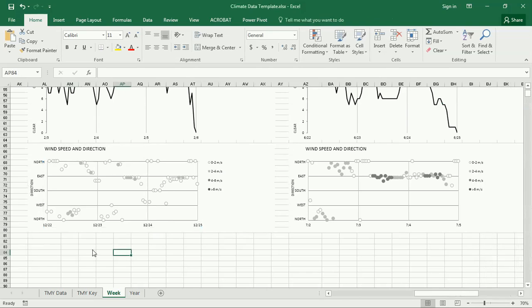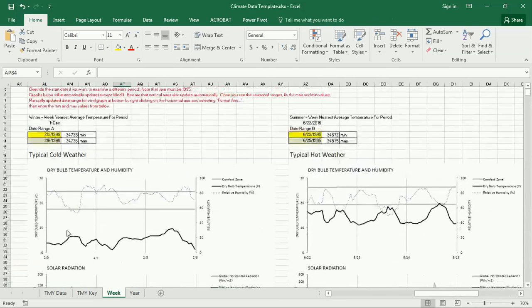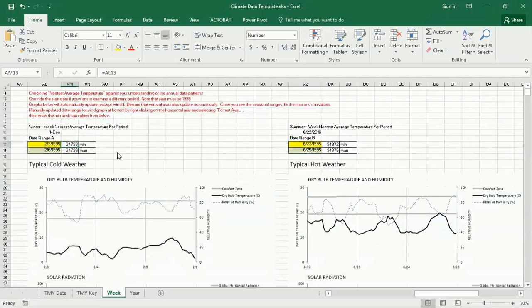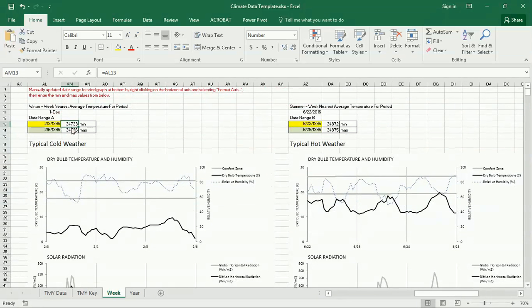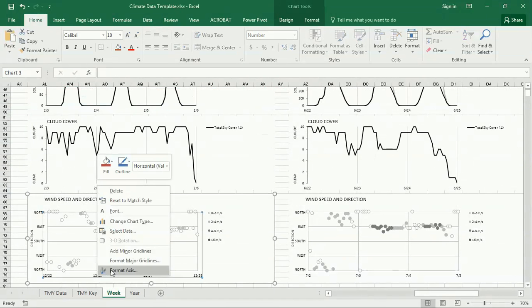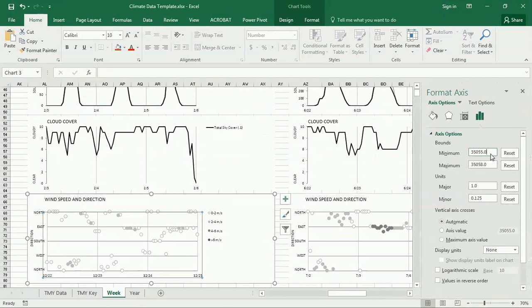Don't worry about what Excel thinks it is, because I've got a little shortcut here to help you. This is the translation of February 3rd, 1995 into Excel numbers. So Excel thinks that February 3rd, 1995 is 34733. And so the min should be 34733 and the max should be 34736. So I want to right click there and go to